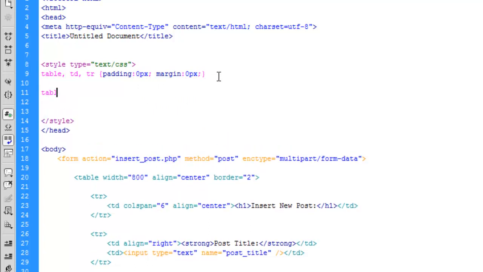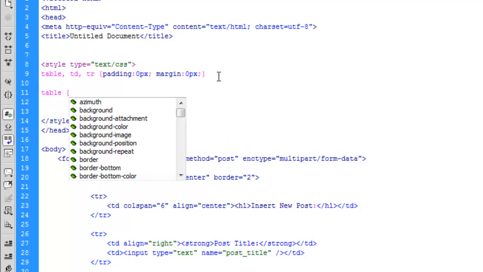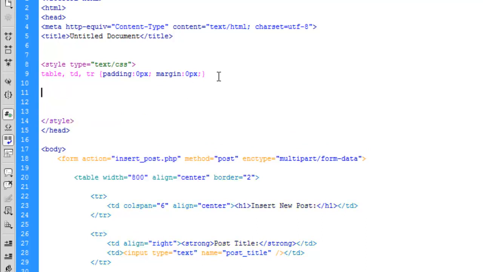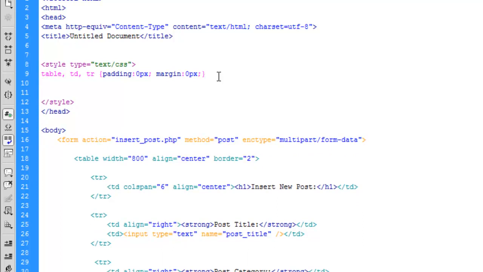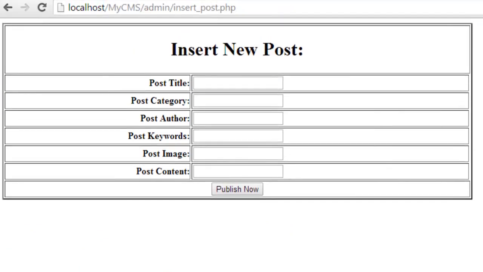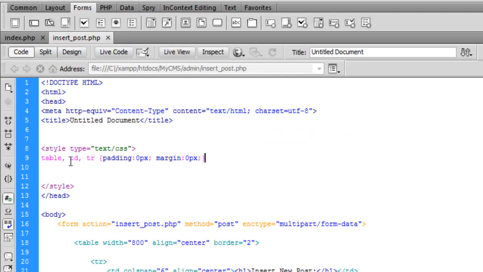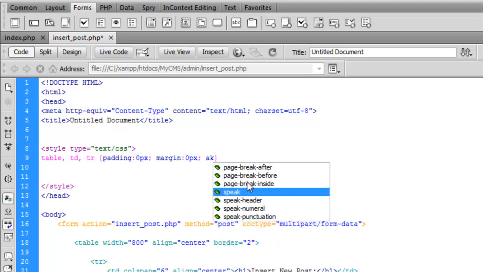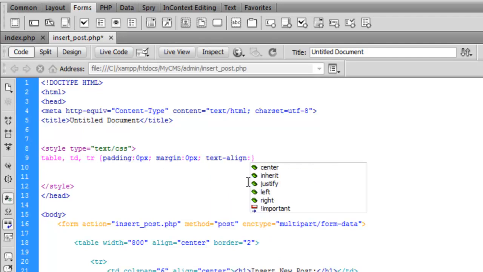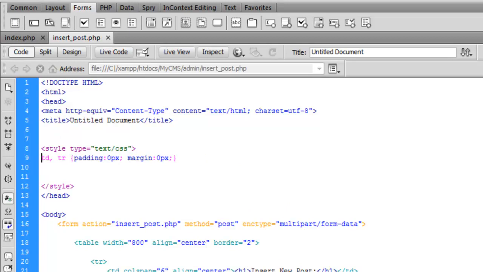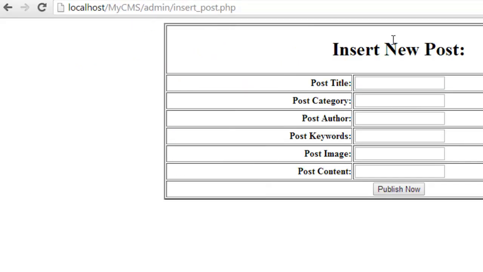Now the next thing is that the table set will be having table note. Control S to save, just refresh the page. Oh my god. Align center. Anyhow, doesn't matter. This is our